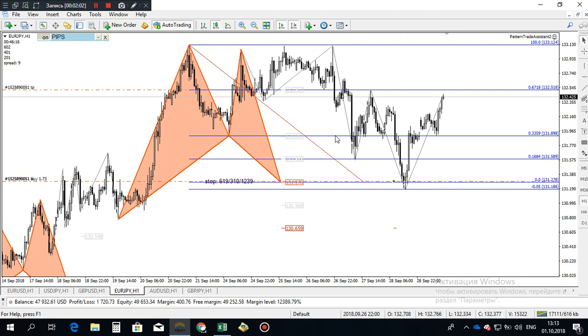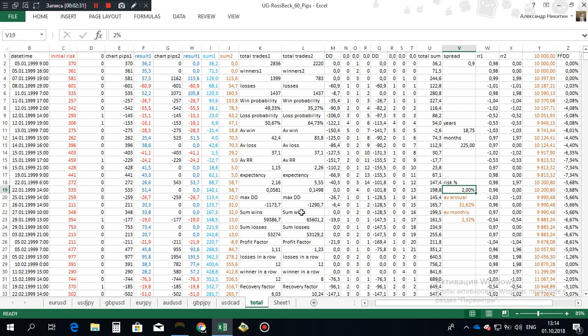Traditionally here at this level we close half of our position, but I decided not to close it and leave it till the end, so till the second target. So right now I have break even or take profit, so one of these two situations will happen. I think we have a high probability of having take profit because we're almost there. Okay, so this is the trade plan for this trading.